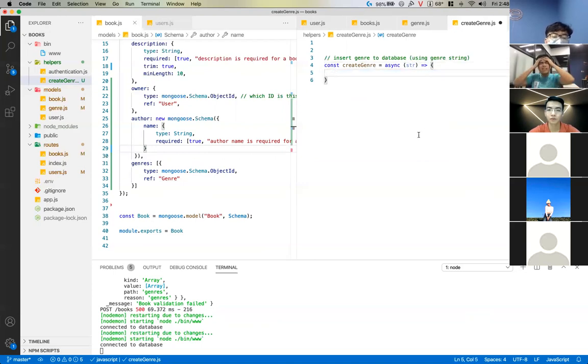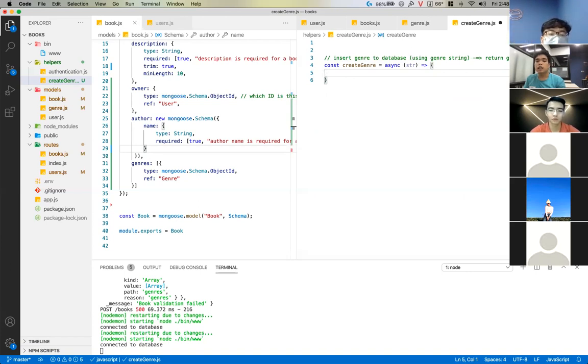This function returns the object, the Mongo genre object. I give it a string, but I want an object back. So here we go. How do we insert